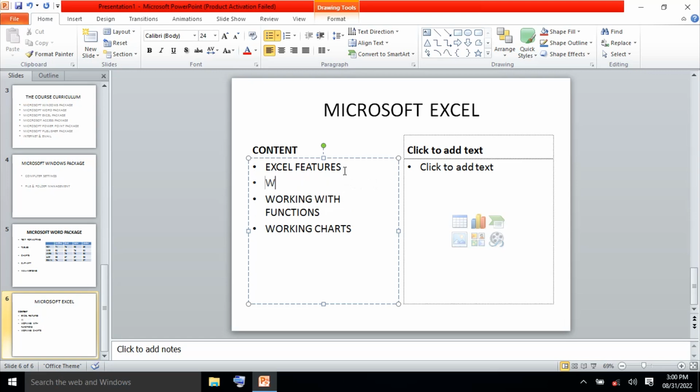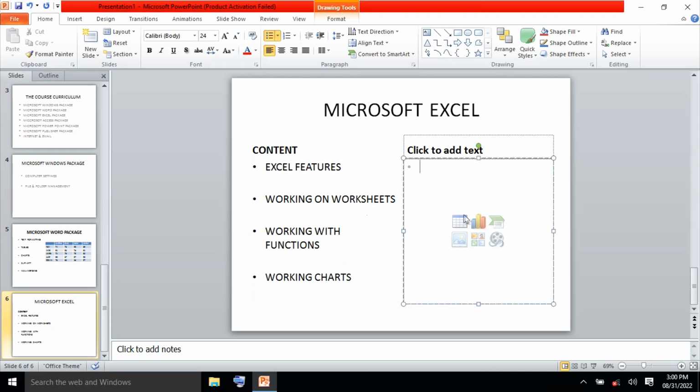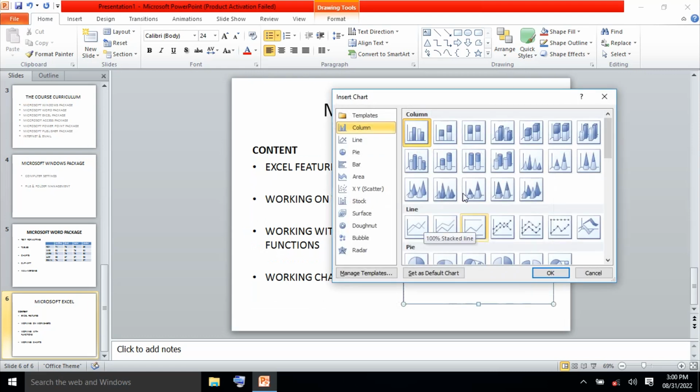Here we have working on worksheets. Then you can space these ones. Great. And then here we can insert one of the charts. Just pick a chart like this one. Click the chart, click cluster chart, click OK,